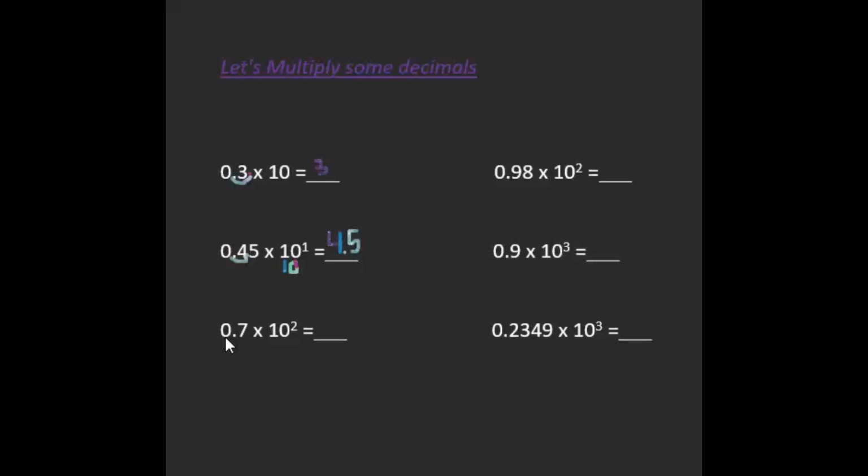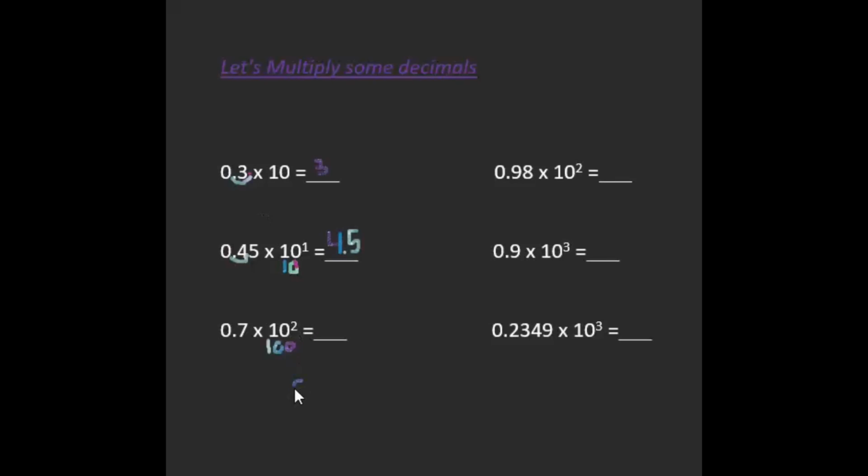Now, doing the same thing and keeping the same thing in mind, let's do the next problem. 0 and 7/10 times 10 to the power of 2. So 10 to the power of 2 we know is 100, because 10 times 10 is 100, and that's what 10 to the power of 2 means. Okay, and we also have to keep in mind that the decimal point moves by the powers of 10. So that means if we had that